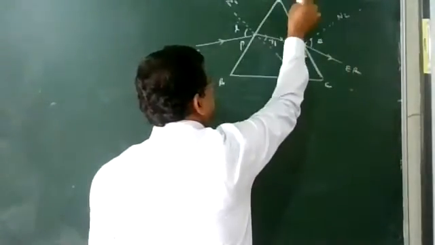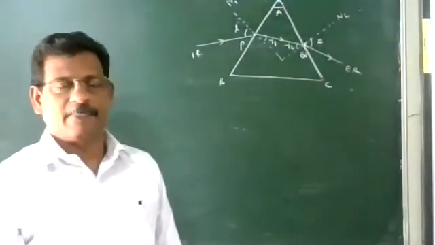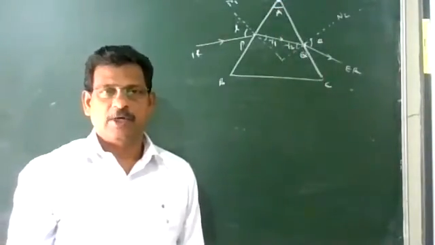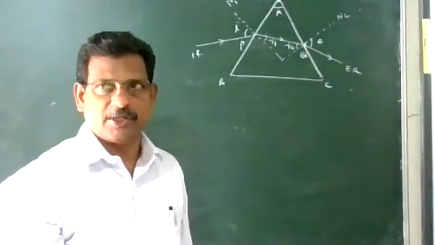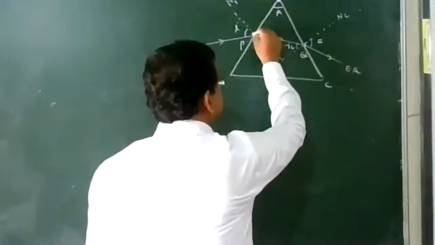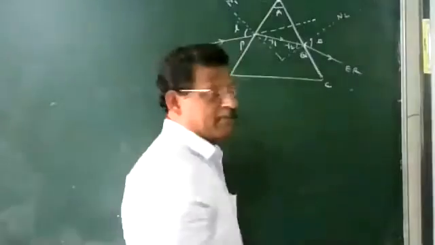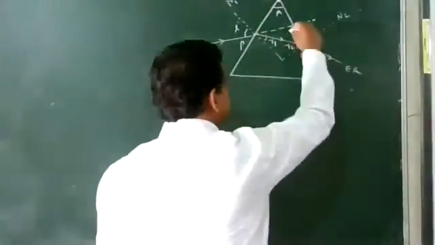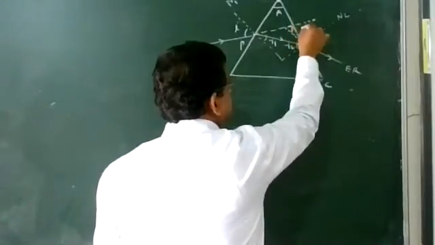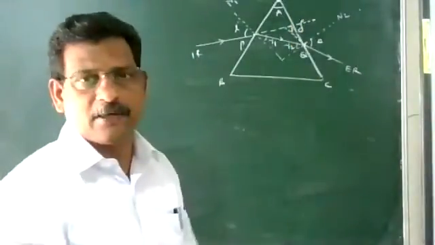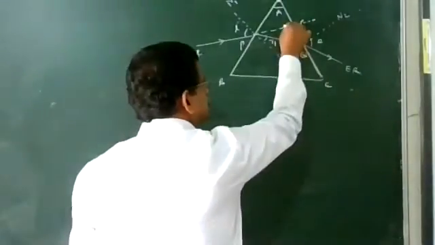Point A. This angle is not the same as the other angle. So what is the angular deviation? Angular deviation means the angle made by the emergent ray with the direction of the incident ray. So the incident ray is extended to the back. The emergent ray is also extended to the back. This angle is delta, that is called deviation, the angle made by the emergent ray with the direction of the incident ray. Let this point be marked as R.